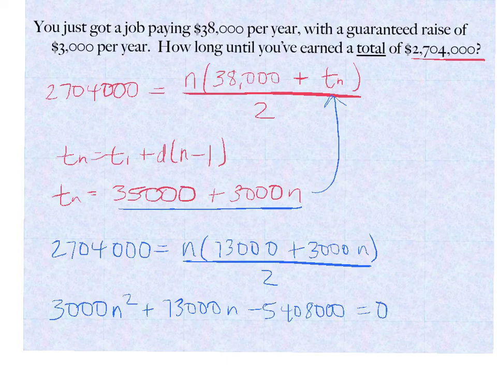So I want to solve that quadratic. First thing I would do is divide by 1,000. You have a couple options here. You can plug this in the quadratic formula. I prefer graphing and calculating through there, but either way, you're going to end up with n equals 32, which works out nicely. So after 32 years, you've made a total of $2,704,000,